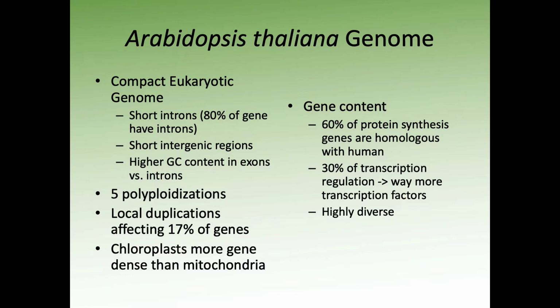About 30% of the transcriptome of transcription regulation is also shared with humans. And one thing to note about Arabidopsis is that it has actually a lot more transcription factors than we do. So they have a much more diverse and complicated suite of tools to use, at least from a transcription factor perspective, in the regulation of gene